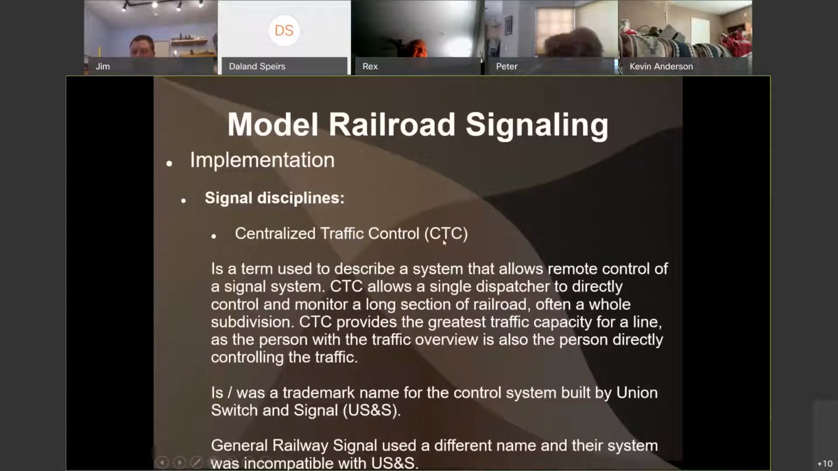Centralized traffic control, again, is different. It is a term used to describe a system that allows remote control of a signal system. CTC allows a single dispatcher to directly control and monitor a long section of railroad, often a whole subdivision. It provides the greatest traffic capacity for a line, as the person with the traffic overview is also the person directly controlling the traffic. It is or was a trademark name for the control system built by Union Switch